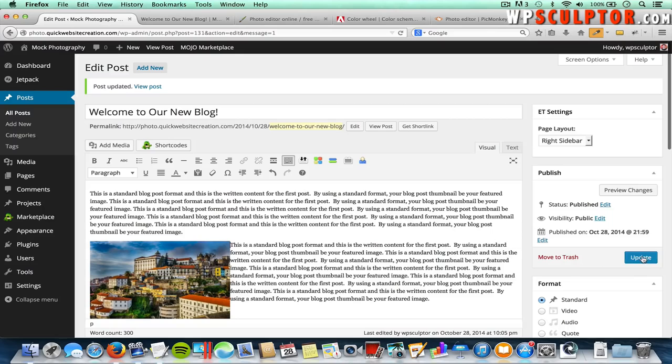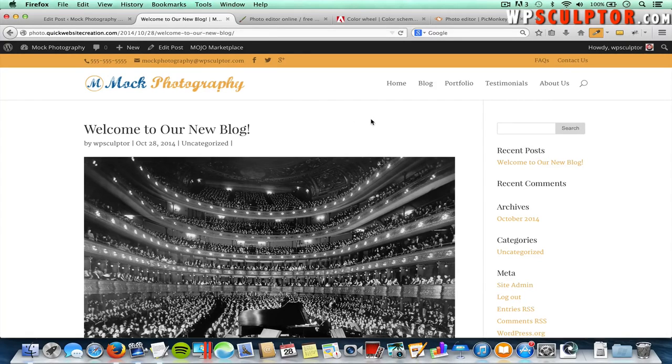And then click on Update. And just so you know, before we view this on our front end, you can click on this image and you can make changes to the settings by clicking on this icon, or you can remove the image by clicking on this icon. But we'll leave the image, and let's go back and view the front end, and we'll refresh